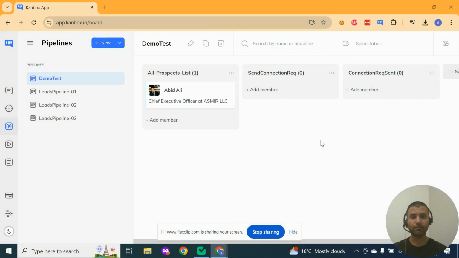Okay, I'll start with a very brief overview of what this automation is going to do. Here we are in the Kanbox dashboard and we are in pipelines. I've created a new demo test pipeline for this demo, and we have three columns. The first column is for the prospects list, where we'll scrape the prospects through LinkedIn search, or we can import them via CSV. So here we might potentially have about 1,000 leads in there, and we can only send about 20